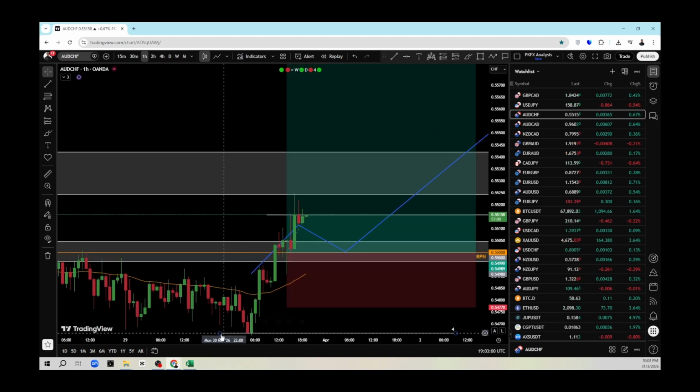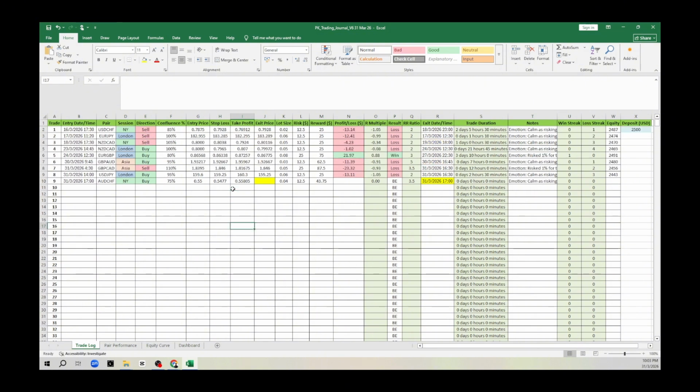So basically, yes, that's about it. I've also updated the trade journals accordingly, and I've updated the notes as well. And when the market opens or closes, I will update this particular trade as well. And right now we already have about 9 trades. As you can see, losses can accumulate, but once you get your winning streak, you will gain back